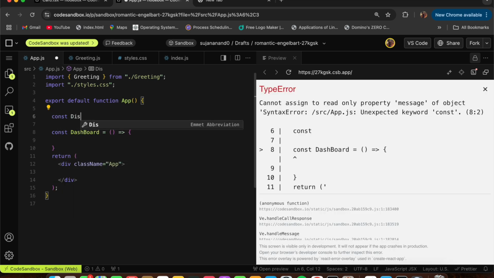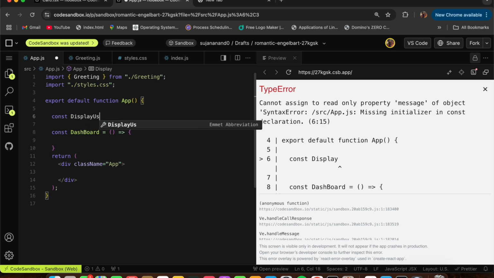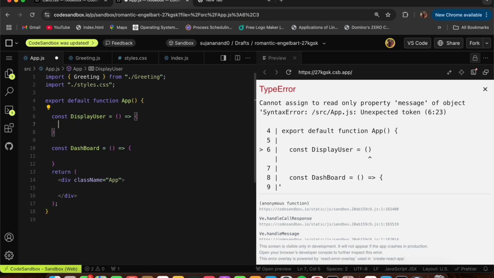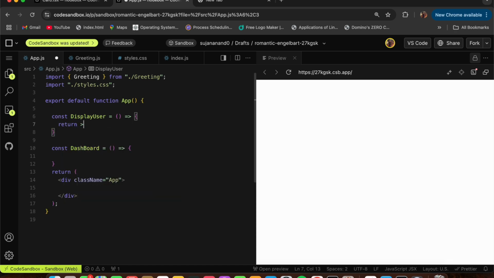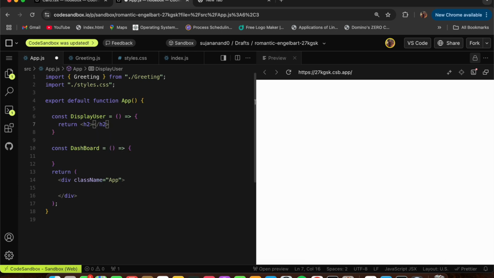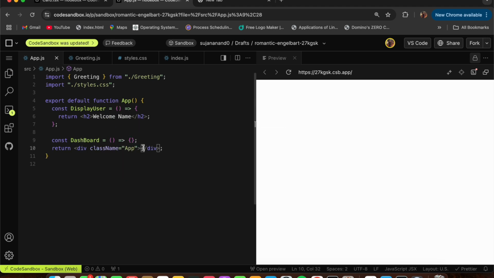I'm going to say const displayUser is going to be a normal arrow function. Here I'm just going to return an h2 tag, and within this I'm just going to say welcome name for now. Save the file. So now inside of your app component, I'm going to render